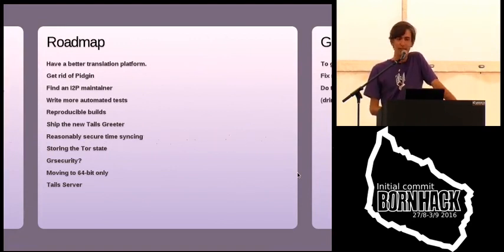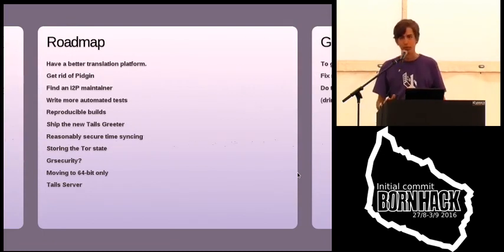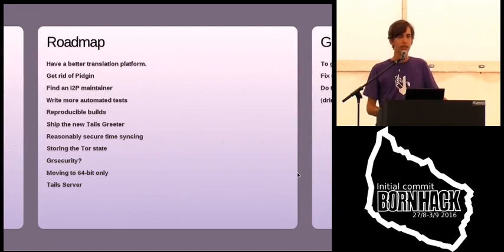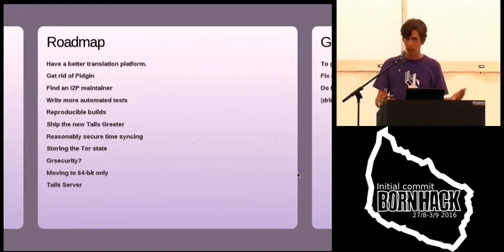We really also need more help with writing automated tests. This is maybe a bit of a boring thing, but it would make the lives of our release managers, who go through a 24-hour release cycle to get an ISO out, less stressful. And in the end, ISOs may get pushed out a lot earlier, in less than 24 hours, and that will be really great for the mental health of a lot of people involved.